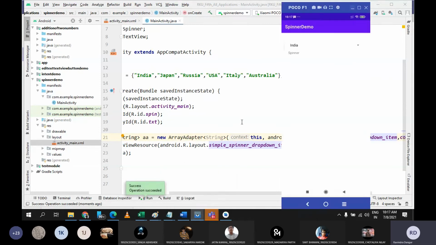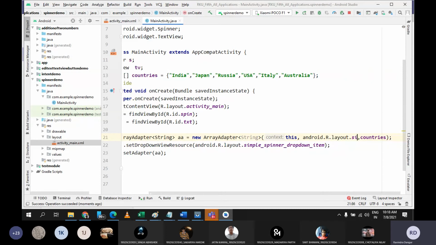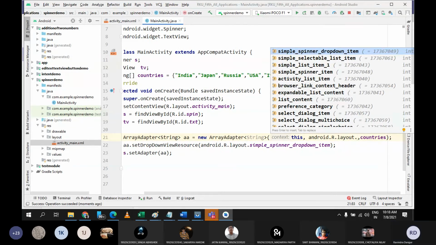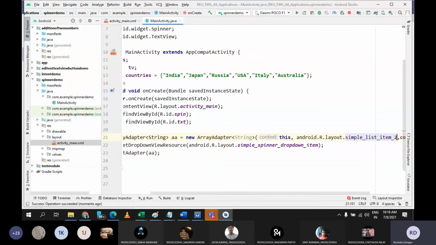That could be one of the problems. Now again, this is also very similar, but let me select one more pattern. Let's go with this one.